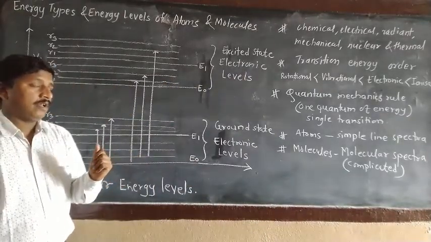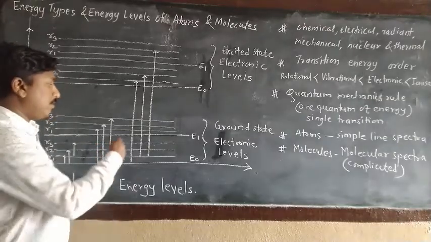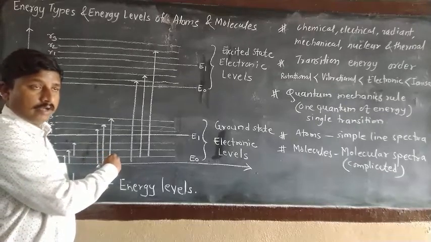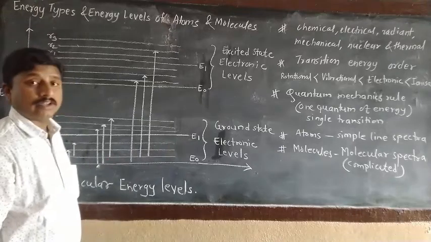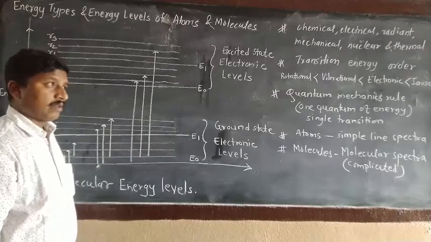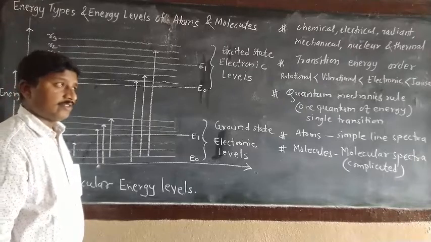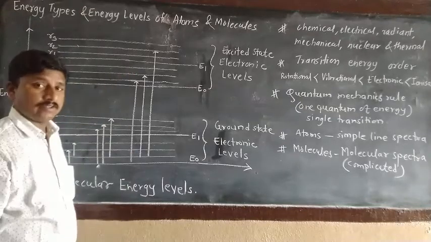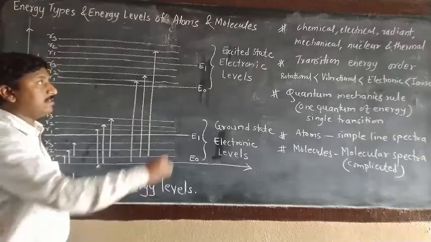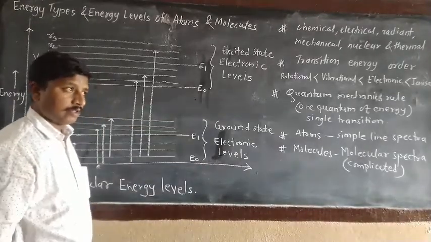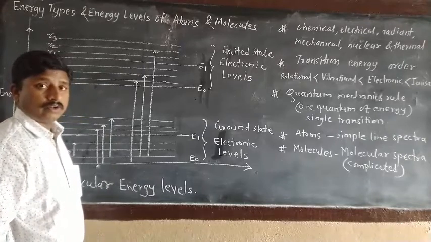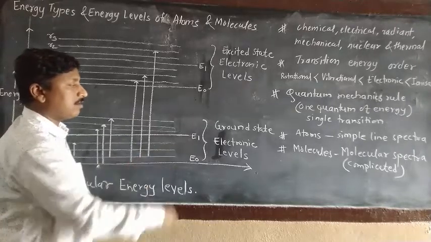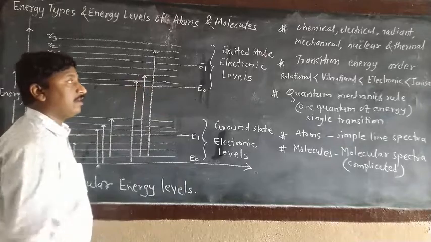Electrons in atoms or molecules, when residing in the lower energy level, are called the ground state electronic level. By the absorption of radiation in the electromagnetic region, electrons may be promoted to a higher energy level. It is called the excited state electronic level. So there are 2 major states. The lower energy level is termed the ground state electronic level, and the higher energy level is called the